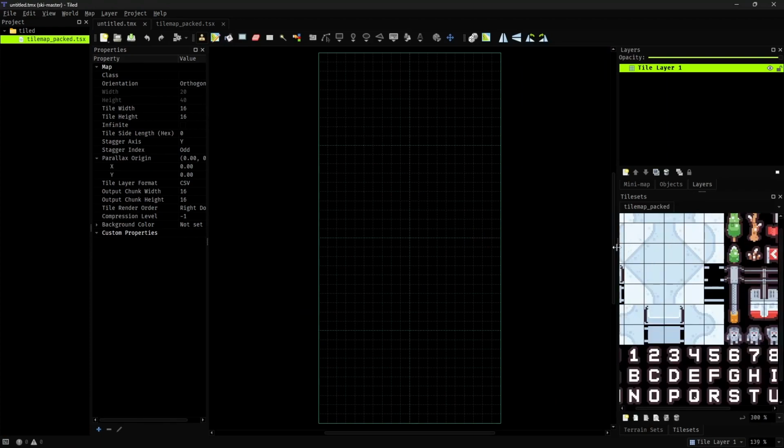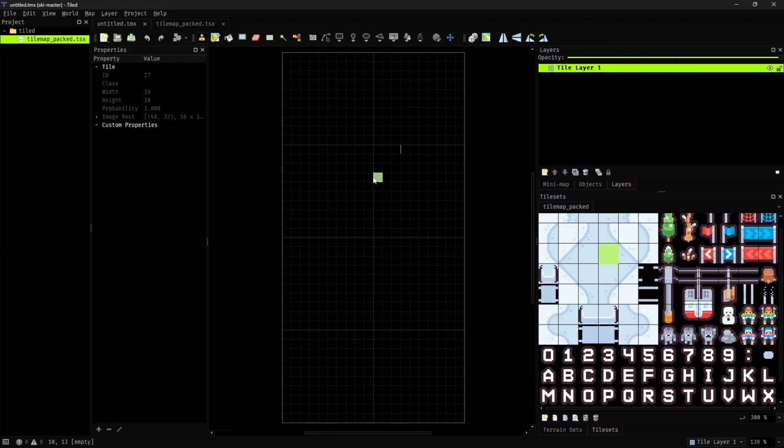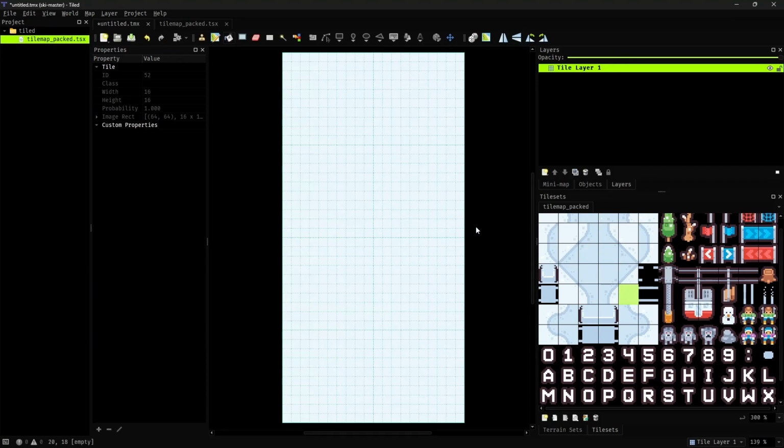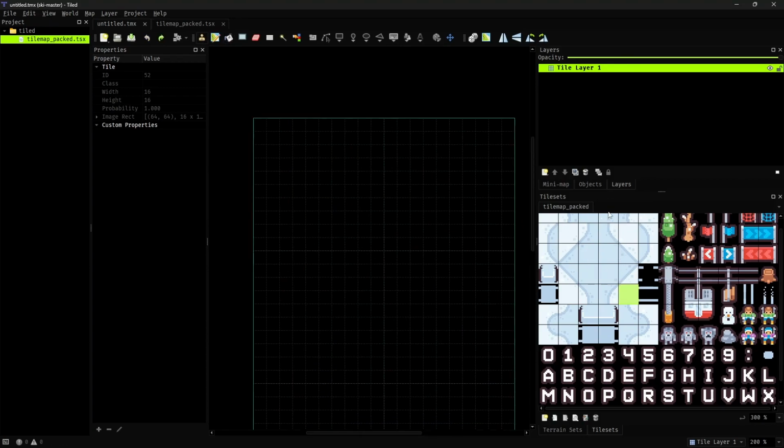Now placing tiles in the map is as simple as selecting it from the tile set and painting it on this grid. This tile placement is using the stamp tool right now. But you also have access to other tools, like the bucket fill tool, which can fill all the empty cells with a particular tile. So Tiled also has a layering system, which allows you to manage a complex map into